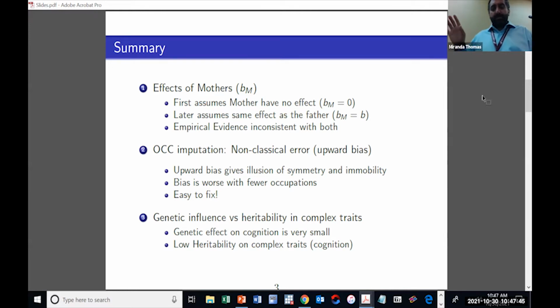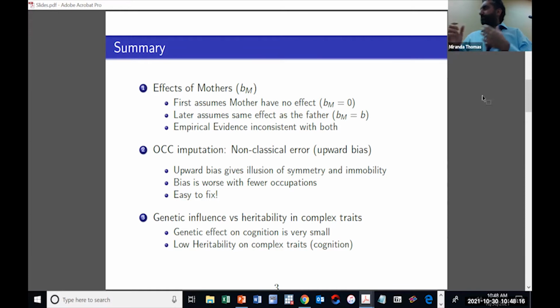The second thing is something that has been bothering me for a while, and now I have a better understanding. And it's not just this paper. I think this is the state of the question. When people use, for the US, IPUMS data, or in other situations, OCC score, you are essentially assigning everybody in the same occupation the same income. And that is essentially giving away all the variance within that occupation and assuming a strong correlation between father and son. So I'm going to show you some numbers for the US and how this will bias the results.